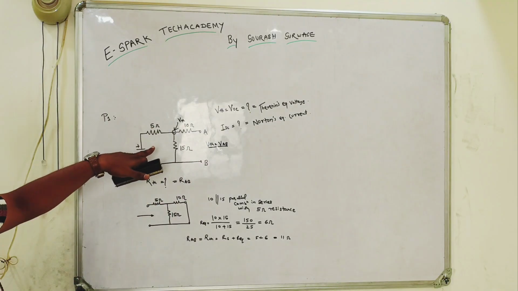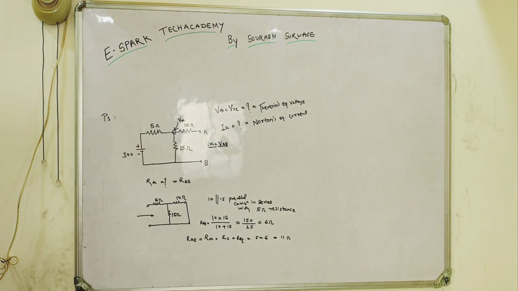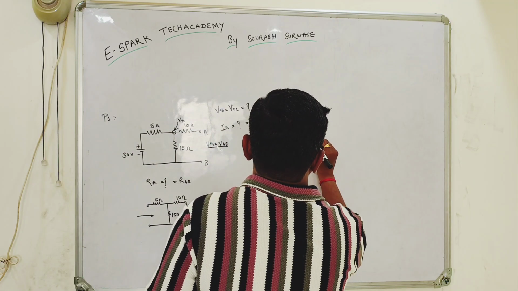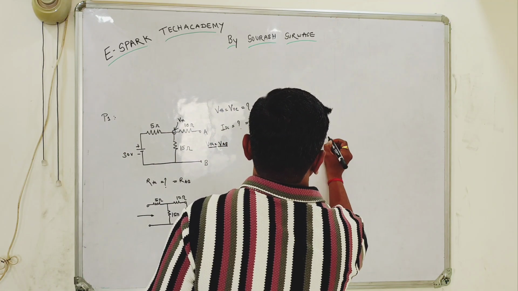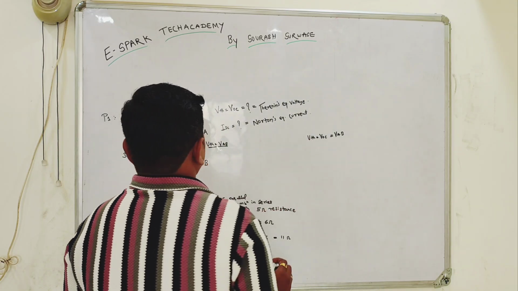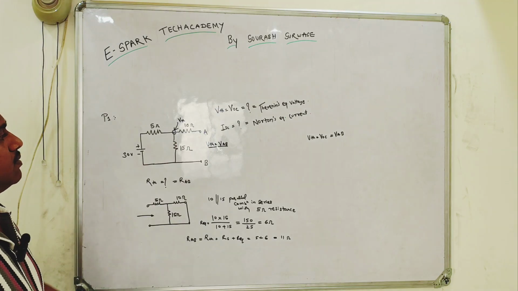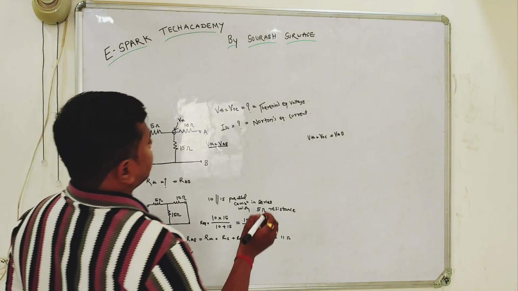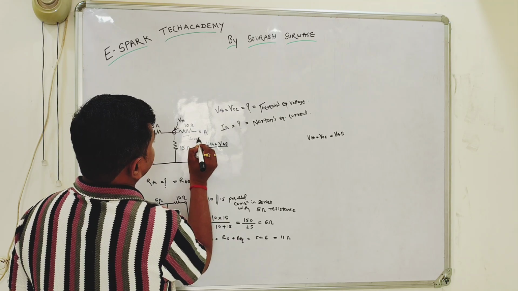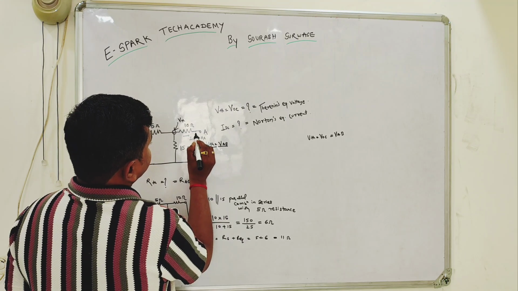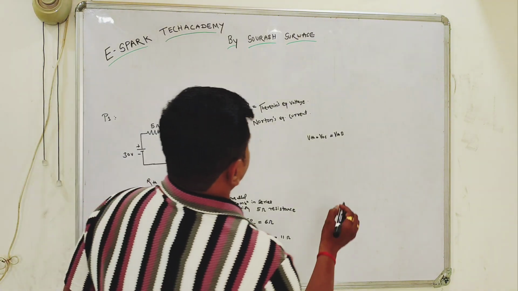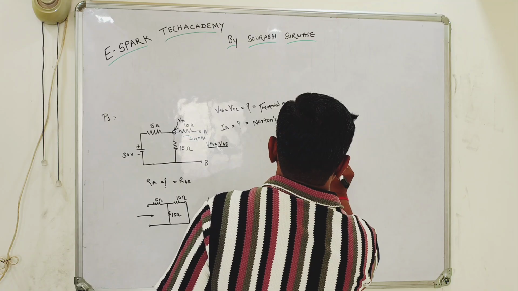Now I have already shown you how we are going to calculate the VTH. In this case, VTH is equal to VOC, which is nothing but VAB. If you look carefully, the current I through the 10 ohm is equal to 0 ampere, as this terminal A is open. That's why, when you calculate the VTH,